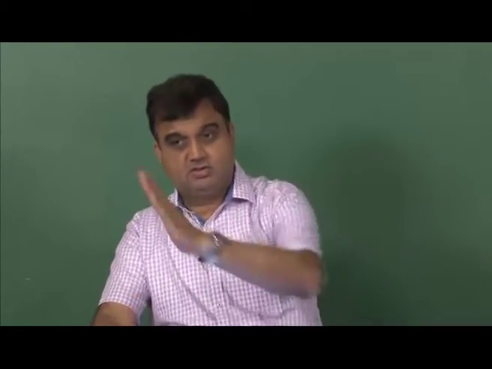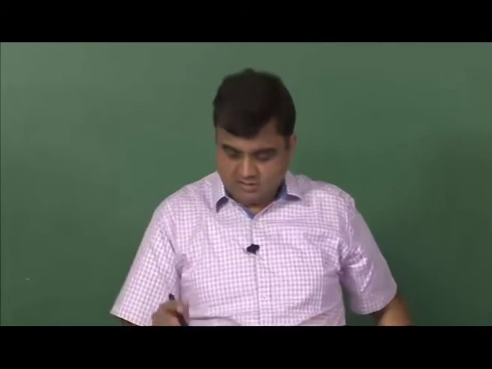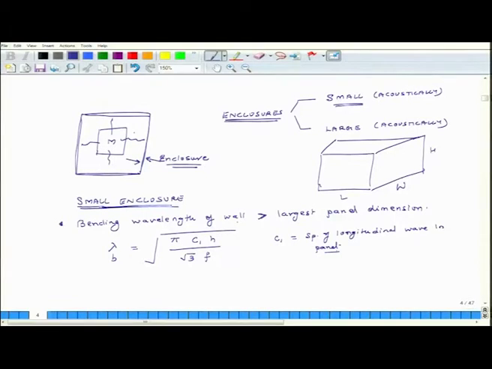So, in air the transmission of sound is like this, but in solids it can move like this, but it can also move like this. So, this is the speed of longitudinal wave in the panel. h is the thickness of the panel, and f is the frequency